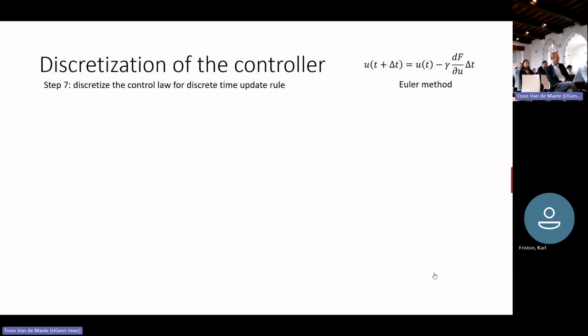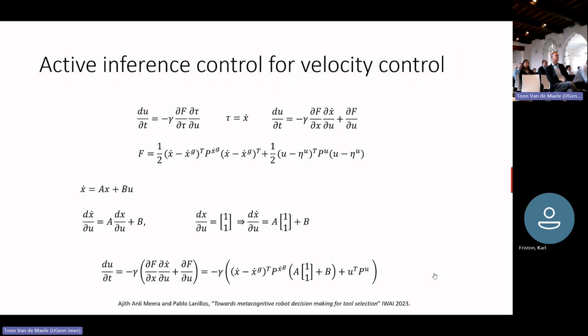And the last and final step, we are not done yet, by the way. We got the update rule, but we thought we would be done. We need to discretize the control law for discrete time updates. The same reason I gave before, you can't use a continuous time update from the previous one into a discrete time world because this expression lives in a continuous domain. But if you need to know how much additional force you have to apply in the next step, you have to discretize this because this is also at the end a differential equation. Like this has to be